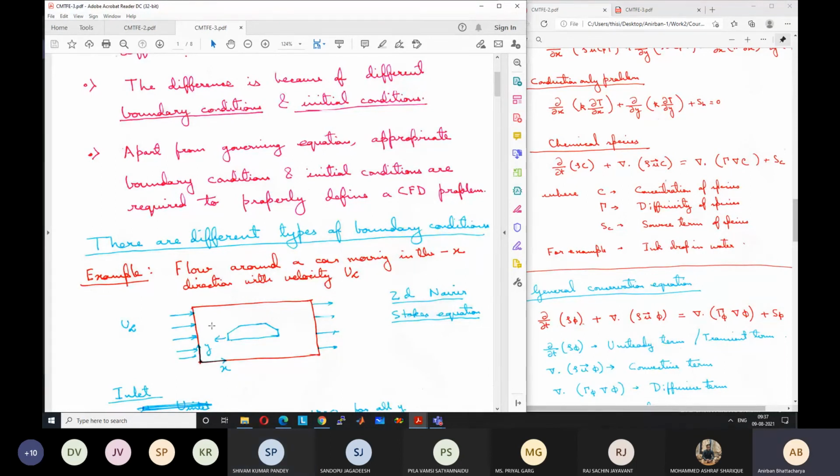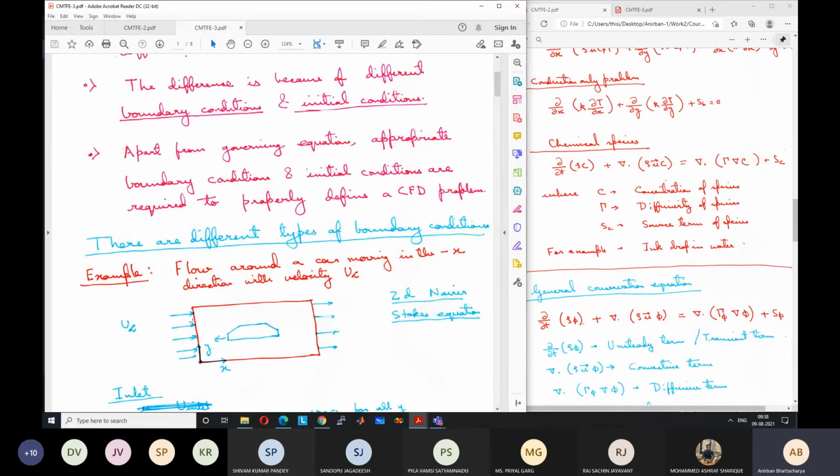You have to take the control volume, which is fixed with the reference frame of the car. So if the car is moving, the control volume is also moving. From our reference point, it is as if we are sitting on the car. So we see that the control volume is static, but the flow is coming in the opposite direction with u infinity velocity. In our reference frame, the car is fixed, but the velocity of the inlet is u infinity, and the velocity at the outlet far away, if the outlet is sufficiently far away, will be u infinity. Top velocity is also u infinity if it is not disturbed by the car.